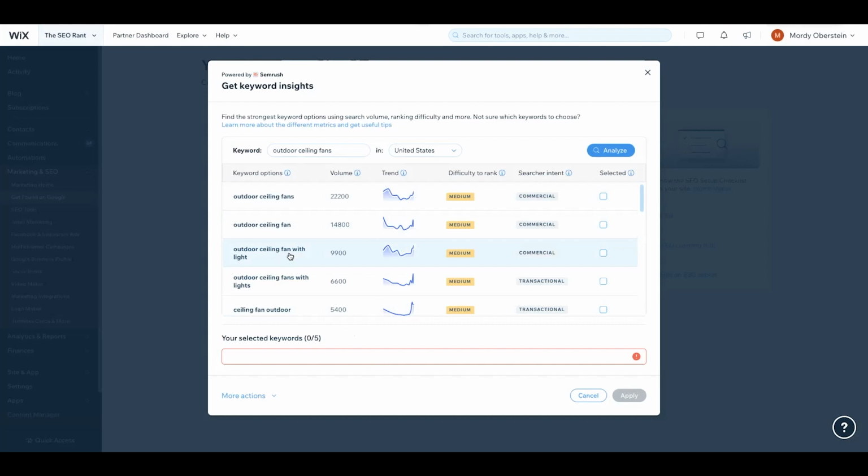My homepage shouldn't be about one particular product, but it should be about the main thing that I do, which in this case we're saying is outdoor ceiling fans. Is there something more specific about our product offering? Is there something more niche about our product offering? What specifically or who specifically are we targeting? Let's just say in our case, we only sell to industrial